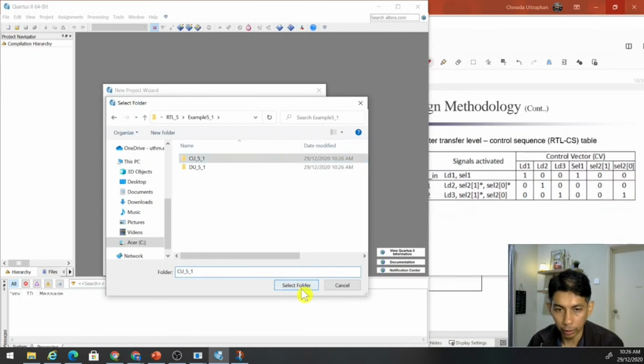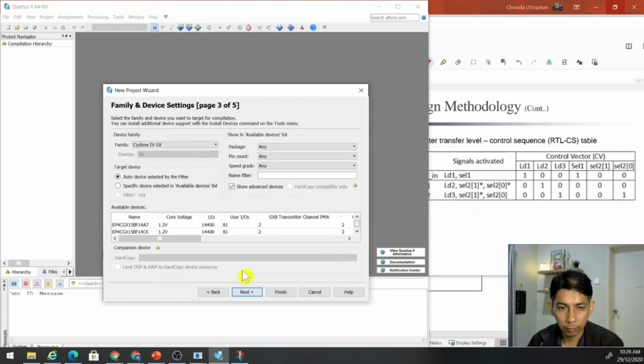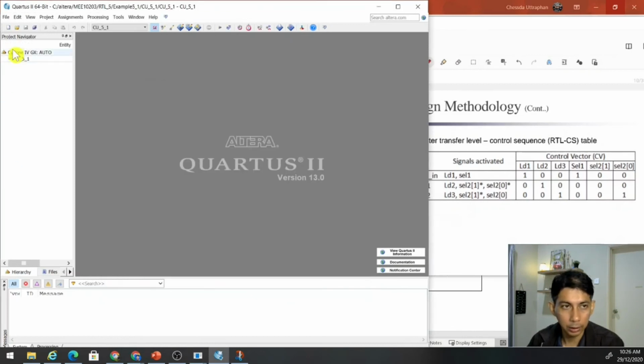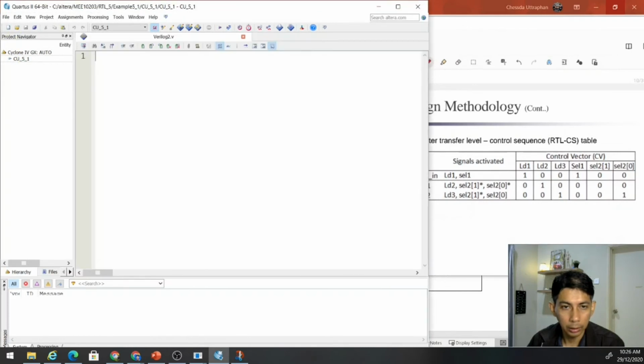Okay, control unit, and the name is this. Actually, we can finish this and write the module. Okay, we have clock. We have our reset, because for the FSM we need the clock and we need the reset, and